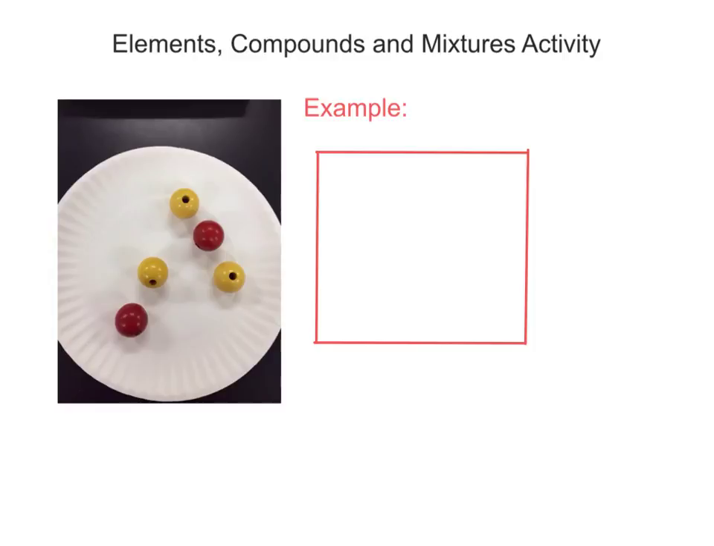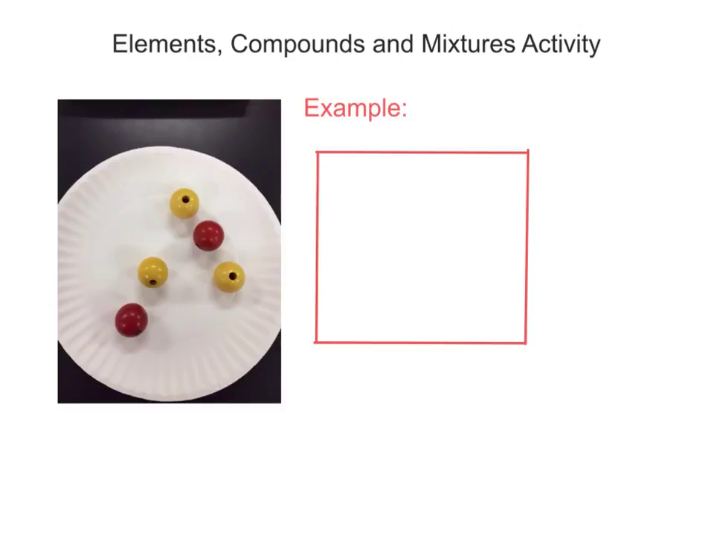Okay, for this activity, you're going to be looking at some examples of what we call particulate diagrams, or what the actual atoms and molecules would look like, and determining if those samples are representing elements or compounds, or a mixture of either elements or compounds. So we're going to go through the first example,